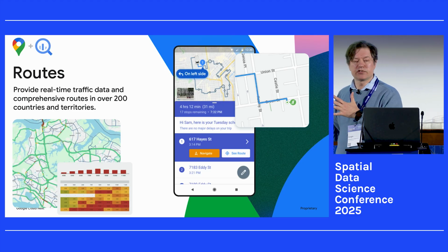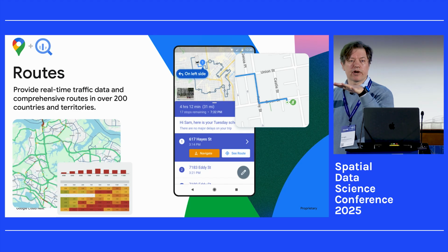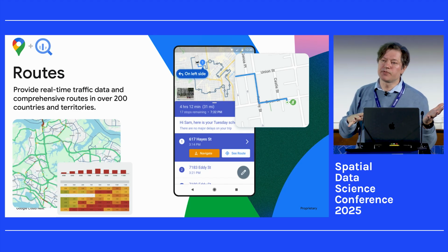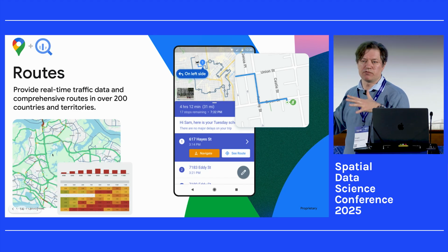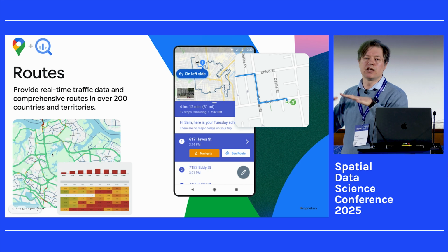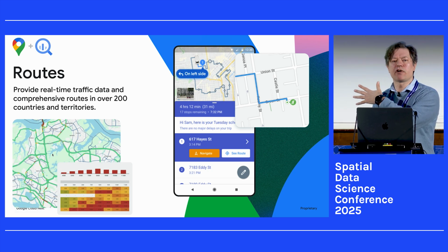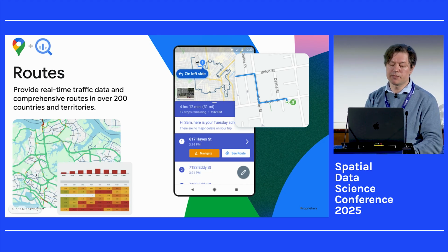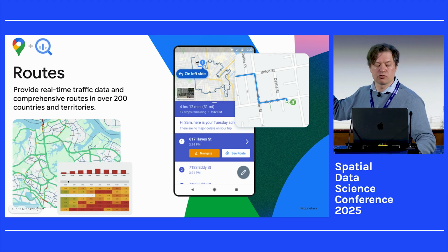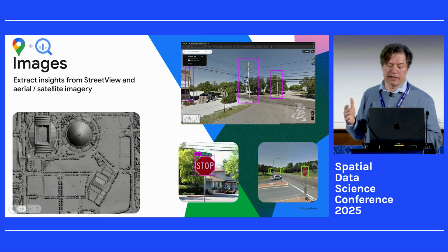When it comes to routes, it's all information about routes, road segments, geometries, so you can select some of these subsets and then basically subscribe to this data and store traffic information related to these roads, these routes. So that's another type of product which is now in early preview. There is a sign-up form where you can express your interest and get access to this data. But basically, this would allow organizations to learn about the disruptions, different patterns related to roads.